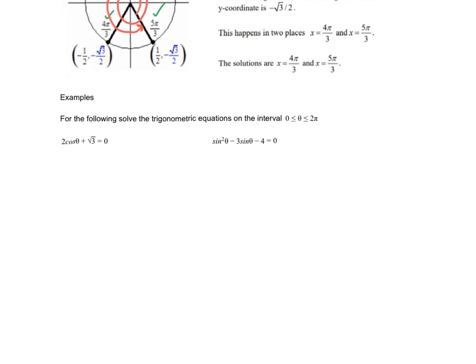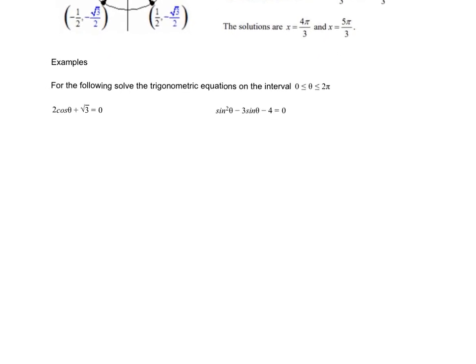All right, let's look at these equations. We're trying to solve these on the interval 0 to 2 pi. So again, the first thing you have to do is get the trig function by itself. In this case, not too terrible. So we get 2 cosine theta equals negative radical 3. I'll divide by 2. So I'm looking, where on the unit circle is cosine equal to negative radical 3 over